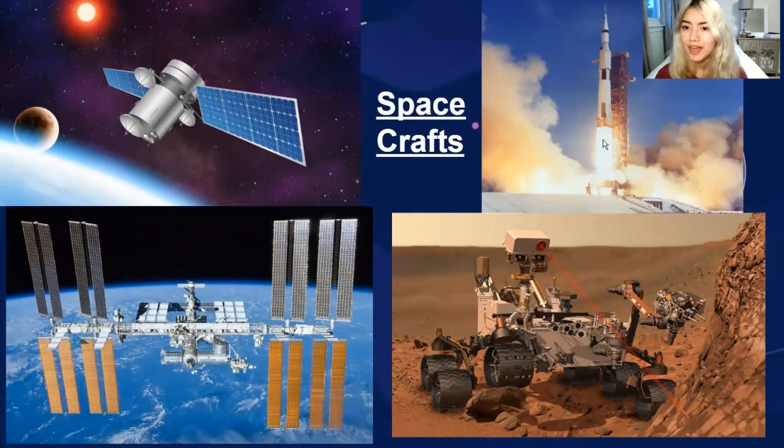So this is the part that has all the fuel and can shoot it up into space. Usually, spaceships have more than one rocket, so the first rocket will launch them really, really far up, but they still need more energy, so they have a second rocket that launched them even further up, and that gets them into space. So really, only the tip of the rocket, the spaceship, goes into space,